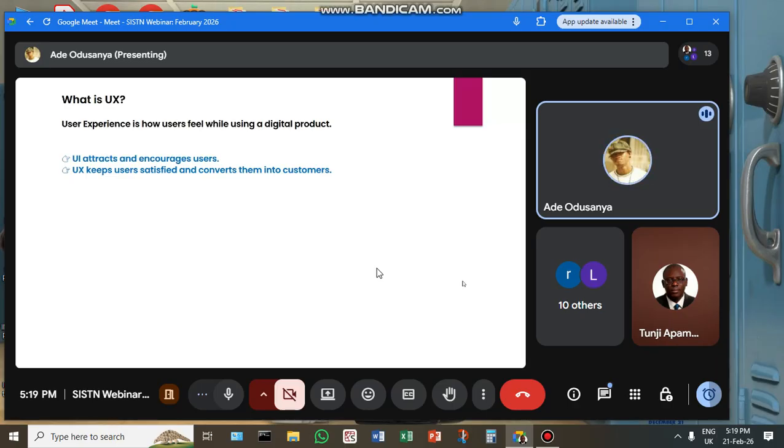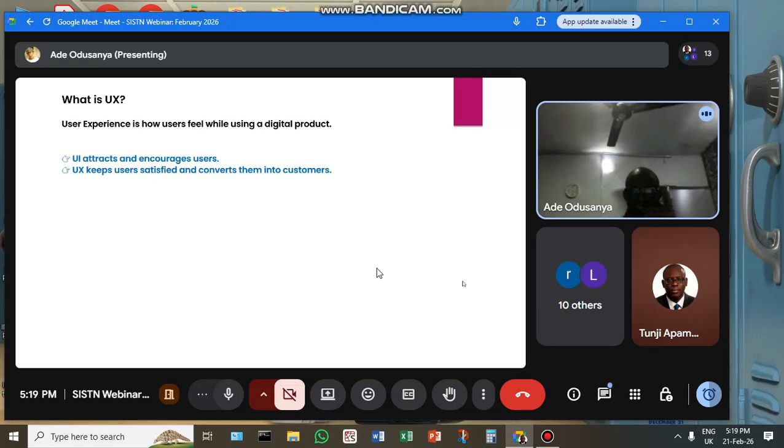If it's an e-commerce website, for instance, the experience will determine whether they will buy what you're selling, and that impacts your bottom line. So UX keeps users satisfied and converts them into customers. That's why it's very important. At the end of the day, if you understand it clearly,